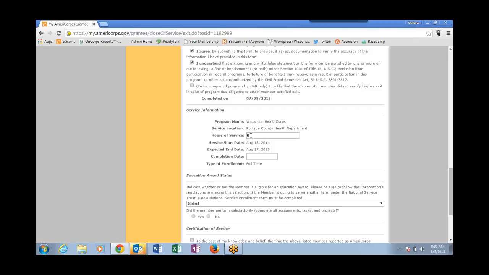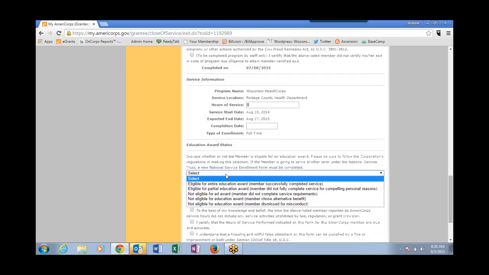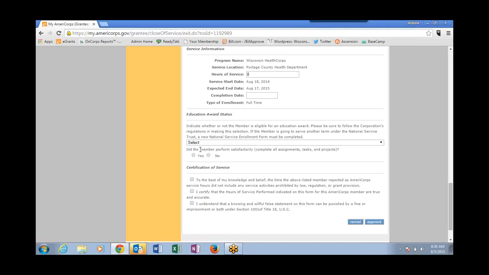Enter in the number of hours they've served from Encore, always rounding down, and then type in their completion date and their education award status, whether they're eligible for that. And then this question, of course: is the member performing satisfactorily? I believe that impacts their ability to serve in subsequent years with other programs. So, again, this will sort of go back to their member exit reviews from you and